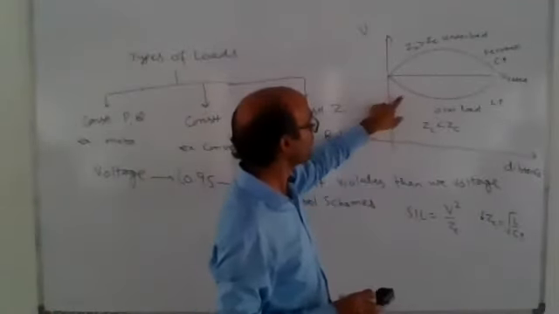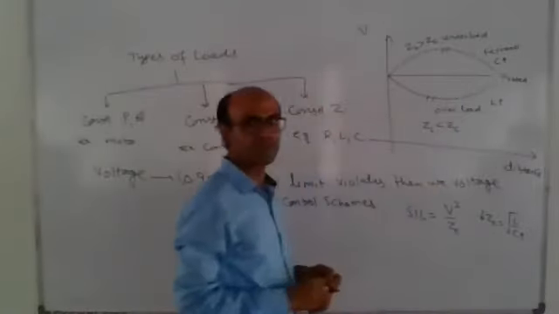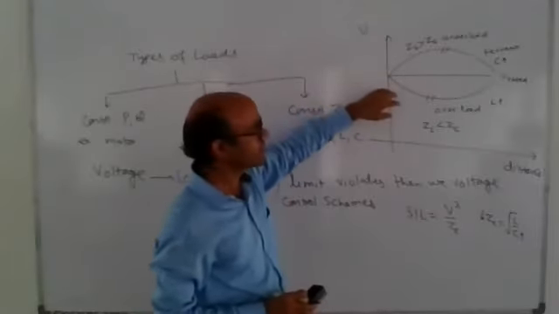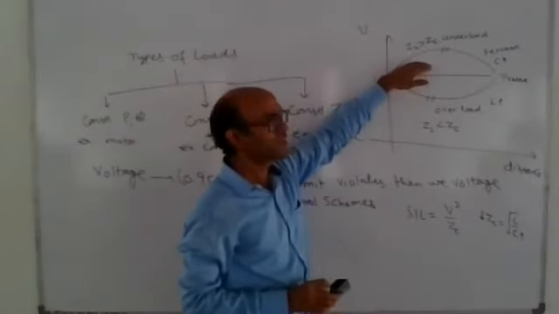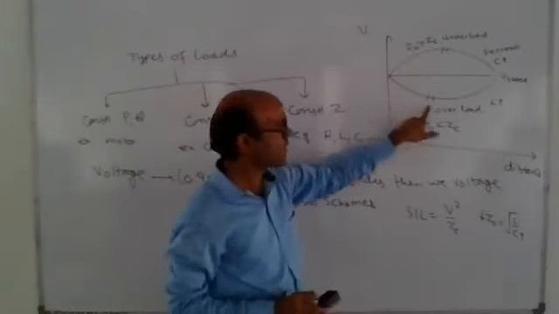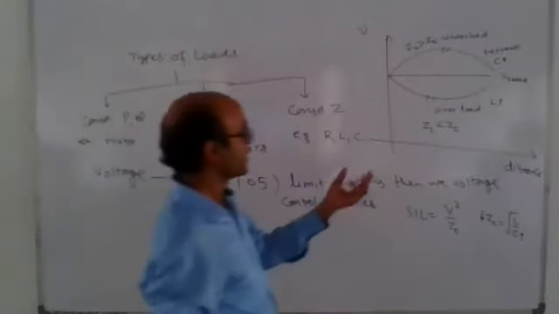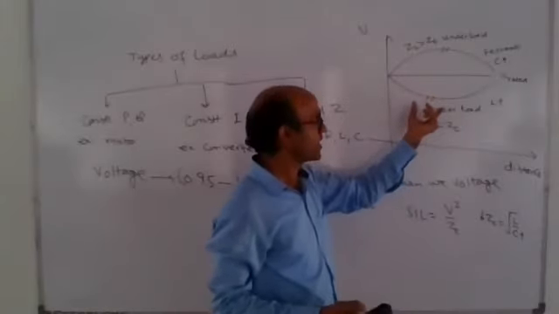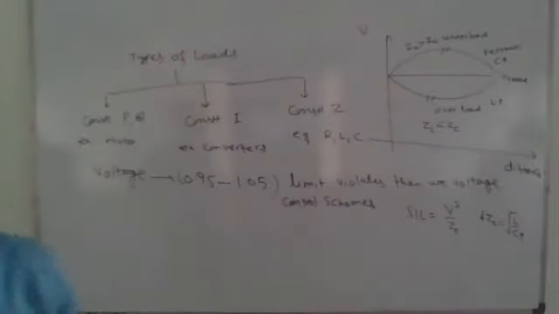So we want to compensate these two effects. We don't want over voltage or under voltage, because these affect the system performance. If there is over voltage, then there is a chance of failure of insulation. Similarly, if there is under voltage, then there may be high current flow, because voltage reduces so current is going to increase. That will burn out your system or degrade conductor performance.